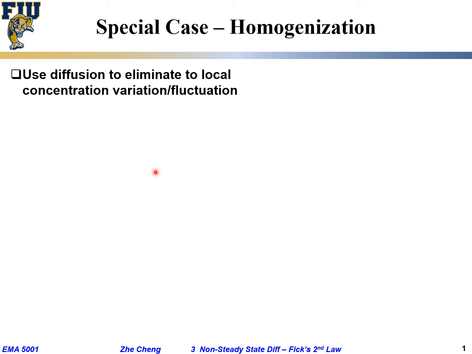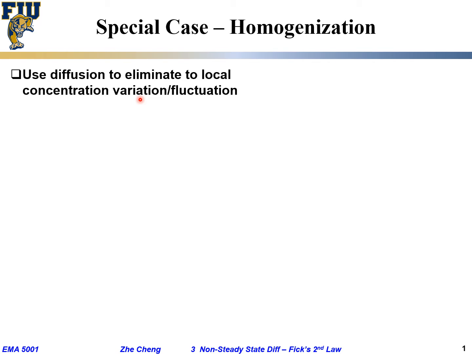You want to make them more uniform. Essentially it uses the phenomenon of diffusion to eliminate local concentration fluctuation or variation to make the material